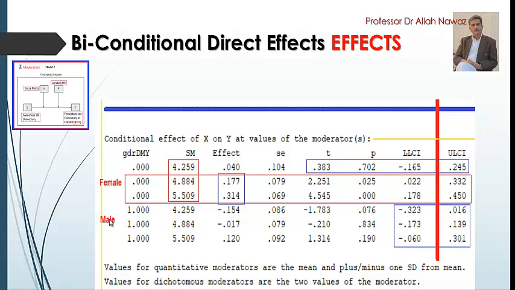Now come the male groups. The same levels of SM have again been used for the male members, and 3 subgroups of male members have been created. But we can see that at the first level, when the SM is 4.25 with male respondents, the effect is negative, it is 0.154. However, this is insignificant. The t-score is less than 1.96, the p-value is greater than the required 0.05, and the lower and upper